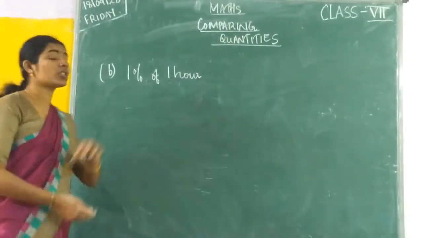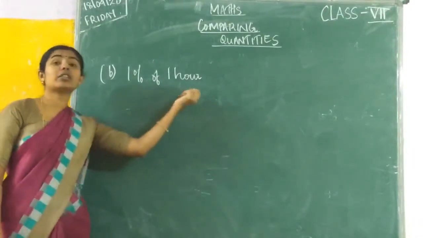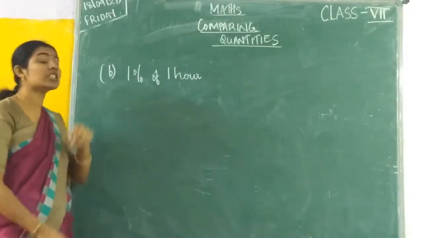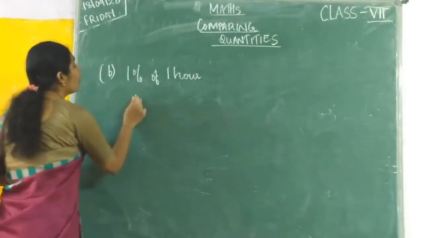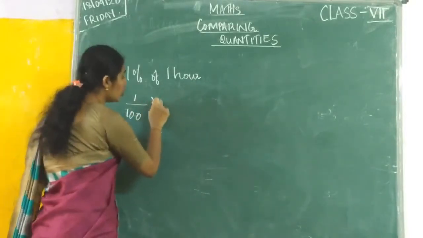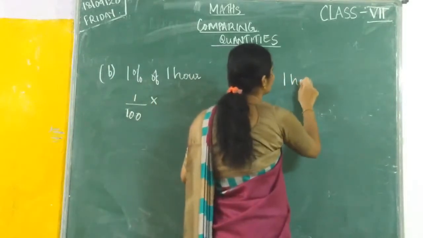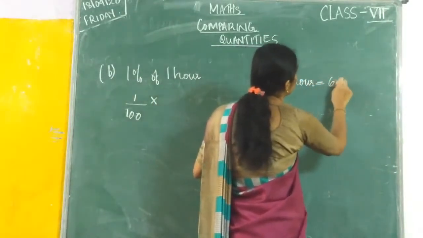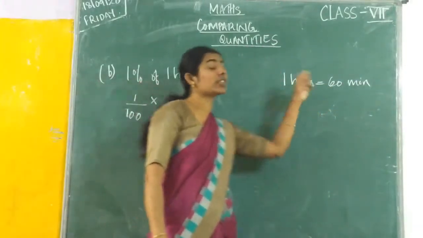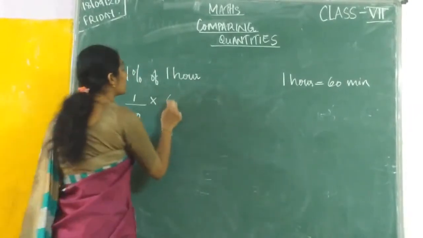Let us see the next question. 1 percentage of 1 hour. 1 percentage of 1 hour. 1 percentage, how can you write? 1 by 100. "Of" means what? Multiply. 1 hour, convert it into minutes. 1 hour is 60 minutes, isn't it? 1 hour is 60 minutes. So 1 hour, how can you write? 60